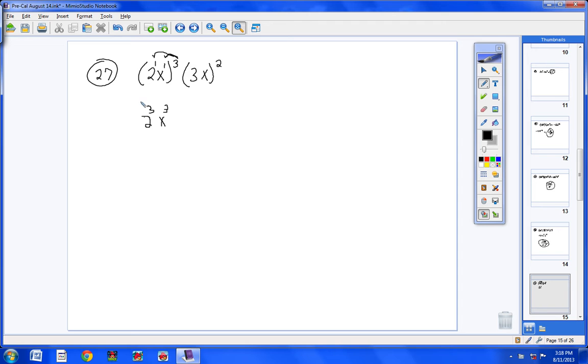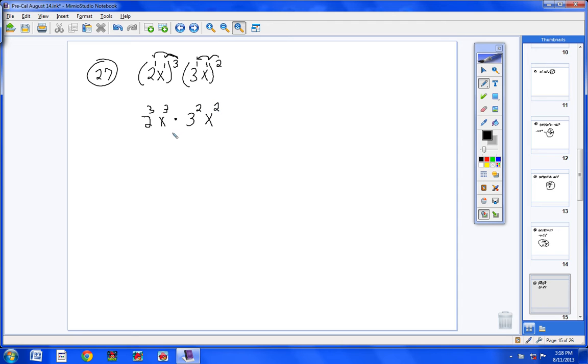Okay, now let's go ahead and keep this group right here in parentheses, if you will. I guess we don't have to. We could just put a little dot there. It doesn't matter. Now, we have a 2 outside the parentheses here. The 3 has an exponent of 1. The x has an exponent of 1. We're going to take this 2, and we don't add it. We multiply it through times all the exponents. So I end up with 3 squared